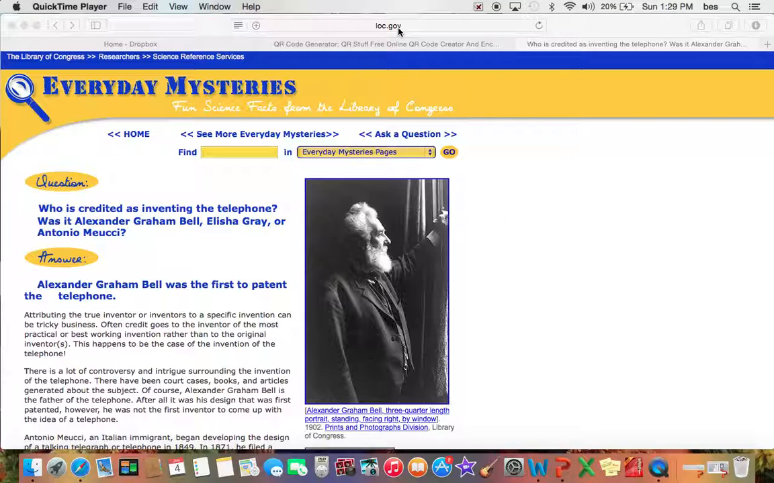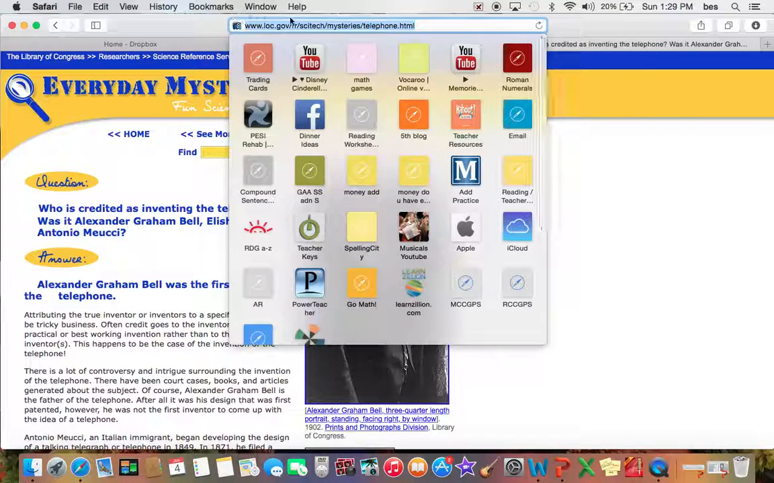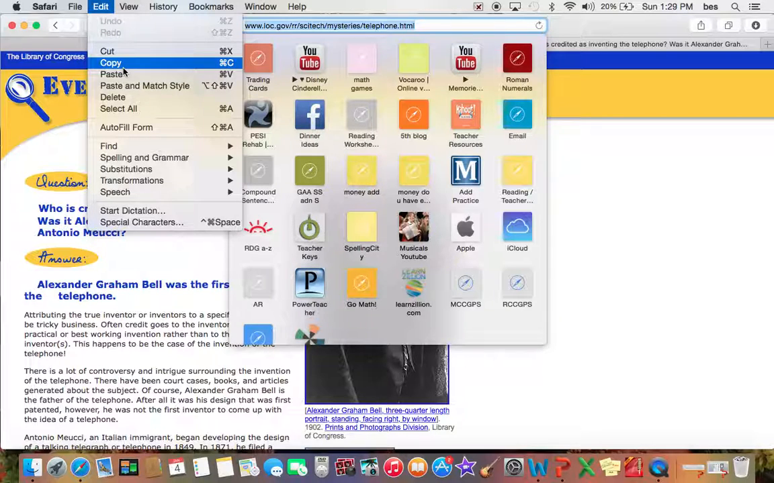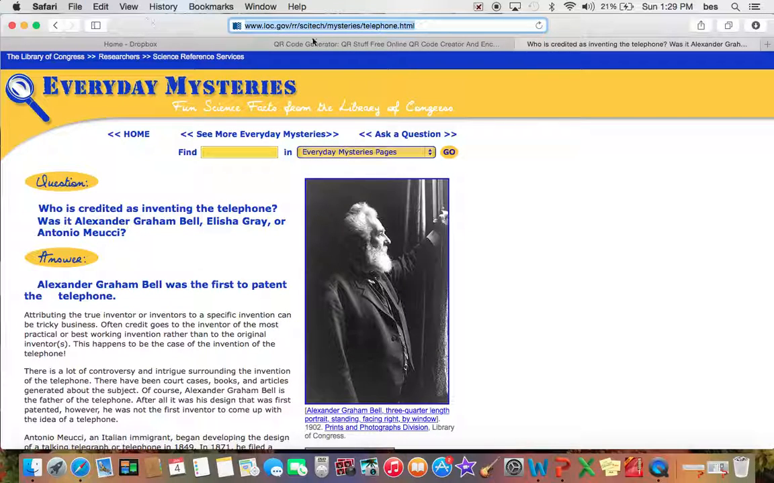So I'm going to copy my URL for this site. Again, you click in the URL at the top of your screen. You may need to double click it. Once you've done that, you can go to Edit and Copy. Another shortcut is to push Command, which is located to the left side of your space bar, and C, and that will copy that link as well. Then you want to go to